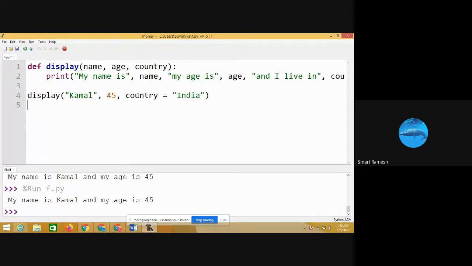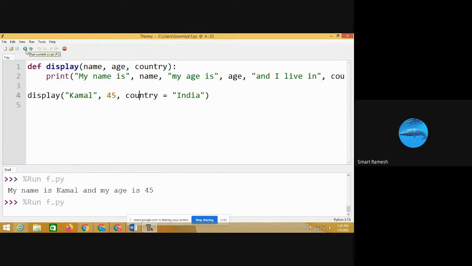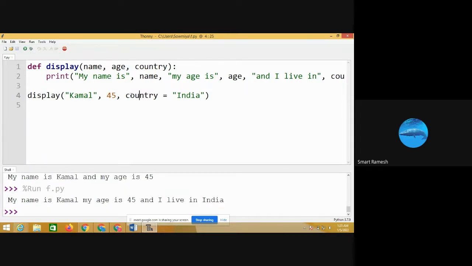What is the keyword argument? Country equal to India is the keyword argument. So first positional arguments, next keyword arguments. I am calling the function. So it displays my name is Kamal, my age is 45, and I live in India.